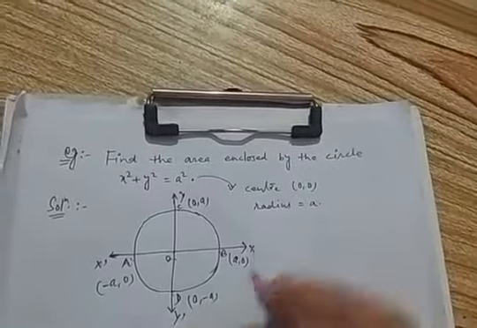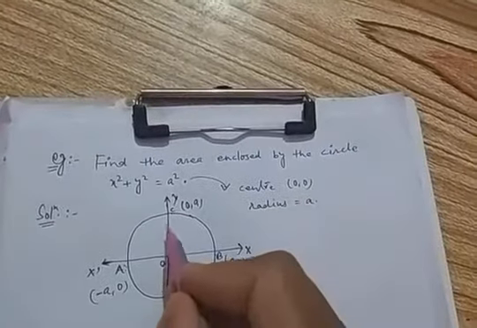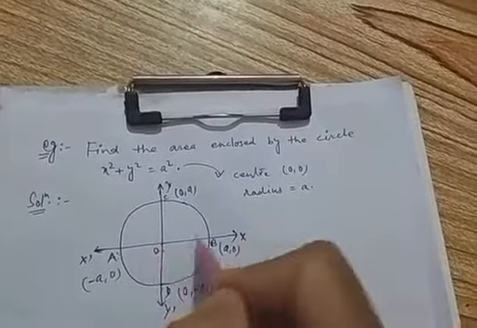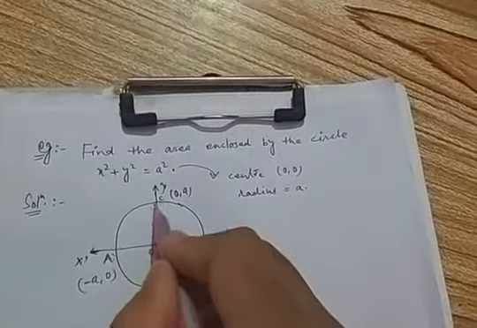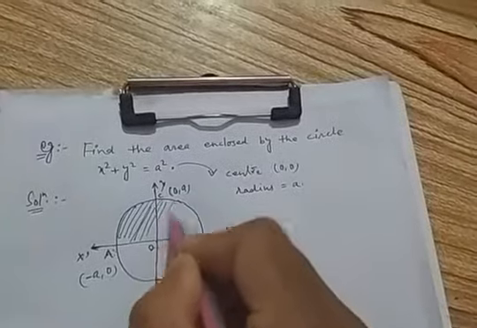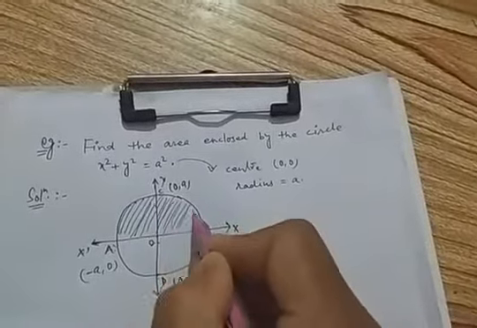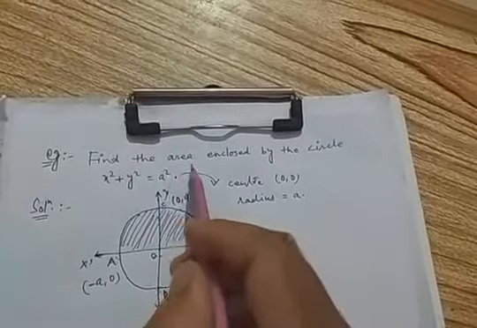So we will find the area of the region AOBCA. This part we have to find the area of and multiply by 2 for getting the area